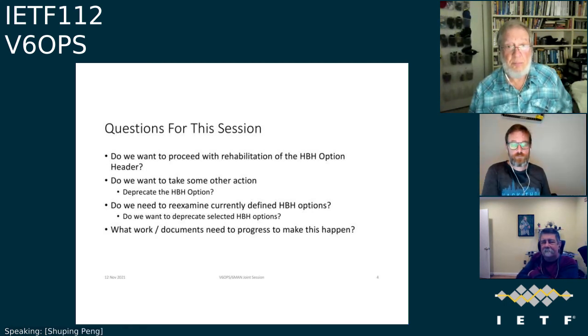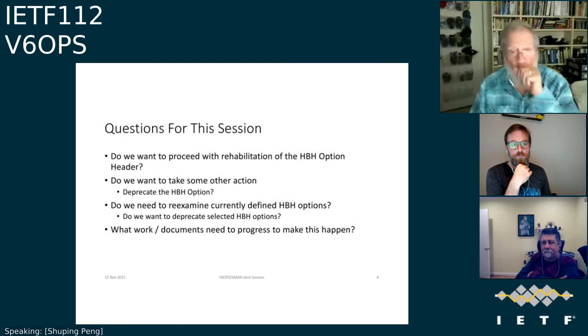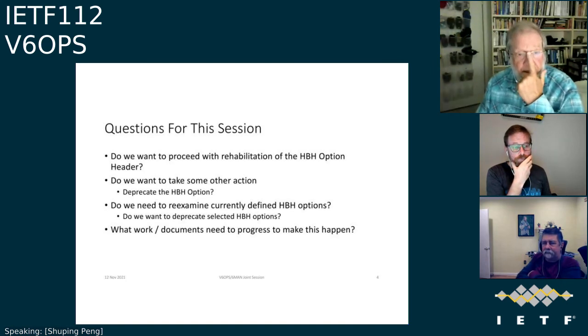Already defined, but whether to deprecate, I'm not sure whether we might make some trouble on this, and how to guarantee we won't do it wrong. I mean, when somebody's still using it, because you never know, and that is my thoughts on this. A bit conservative. And regarding the documents and work,